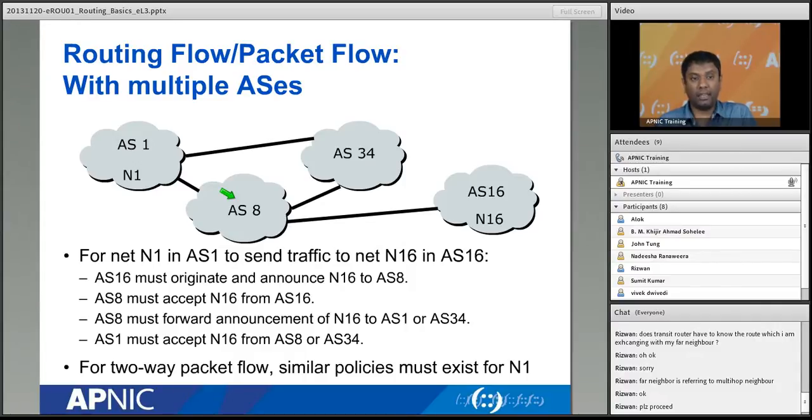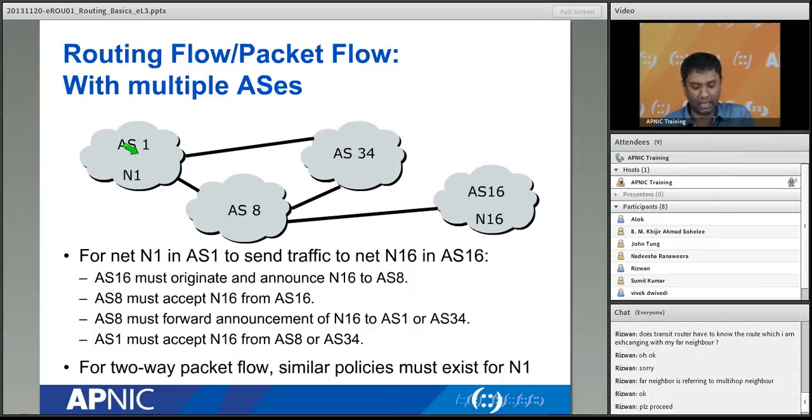AS8 needs to cooperate with AS1. If AS8 announces the prefix advertisement that it received from AS16 to AS1, then a path will be built here. If it only advertises that prefix to AS1, then only one path will be built. How can the other path be built? AS8 needs to forward that prefix advertisement to AS34 as well, and then AS34 will forward it to AS1,